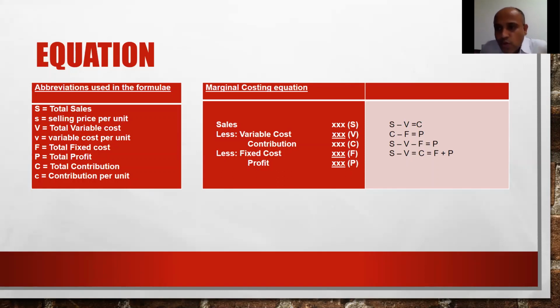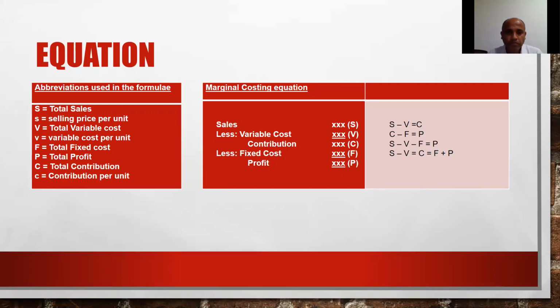Now, if somebody asks you what is the marginal costing equation, guys, what will you say? It is sales minus variable cost equals contribution; contribution minus fixed cost makes a profit. So abbreviation wise, you can say S minus V is equal to C, C minus F is equal to P. Can I take it this way? S minus V minus F is equal to P. The minus F going to the other side becomes plus F. So S minus V, that is sales minus variable cost, is contribution. Also, fixed cost plus profit is equal to contribution. Is the marginal costing equation clear?